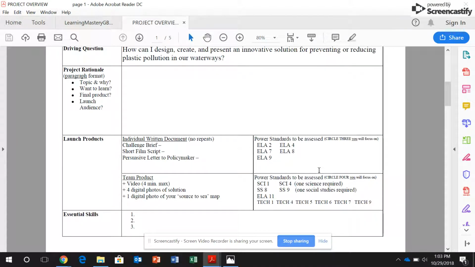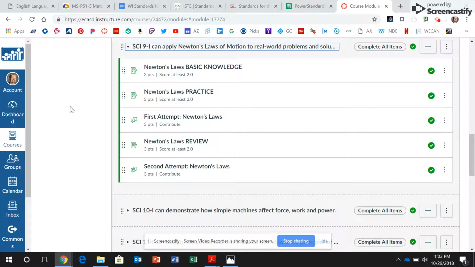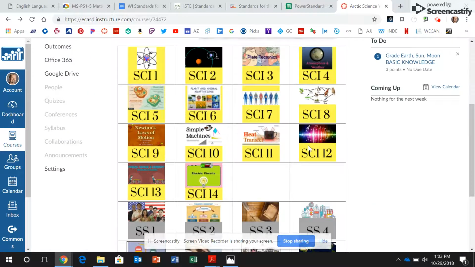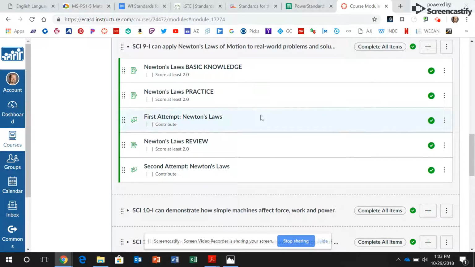But a lot of the times they will go into our online learning classroom, Canvas, and they will walk through a power standard module. So they go into a course, and a bunch of power standard modules will pop up. They'll click on the module based on the one that they're working on, and they'll walk through a series of assignments or online discussions related to that. In the basic knowledge, they just do some learning through watching videos or reading articles or websites, and they